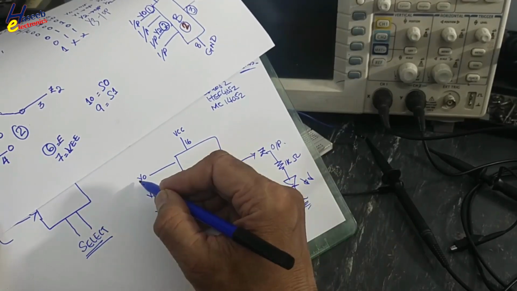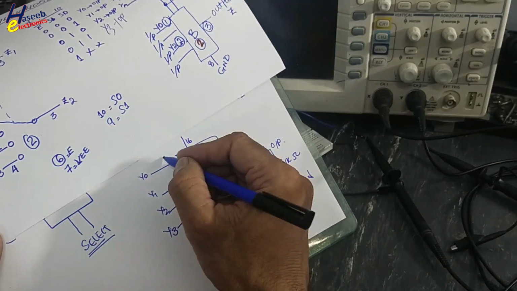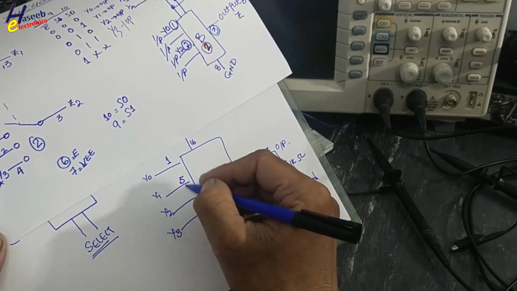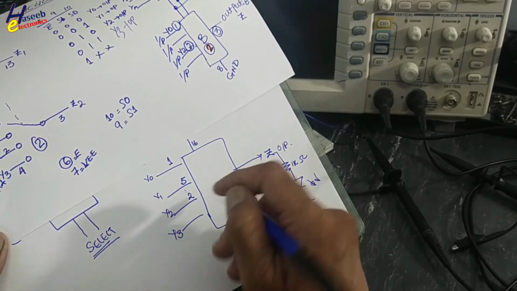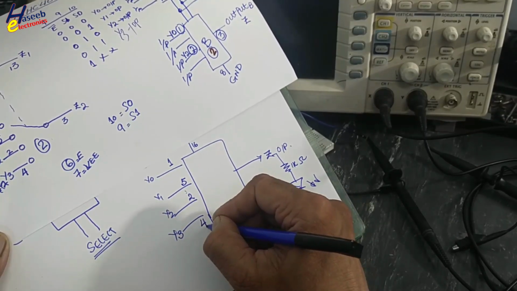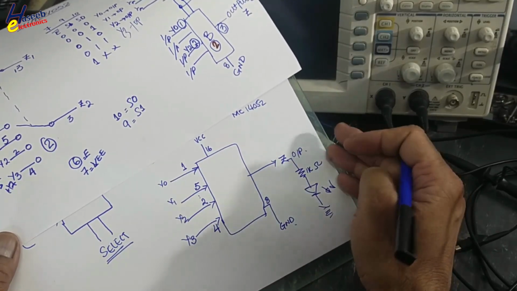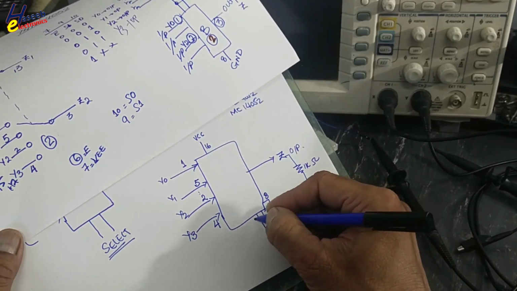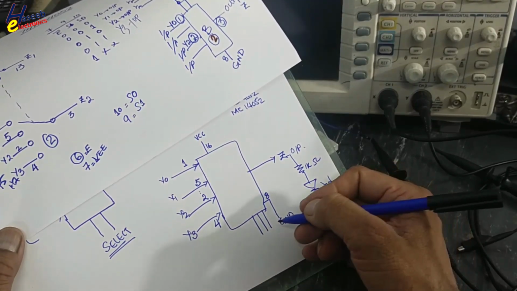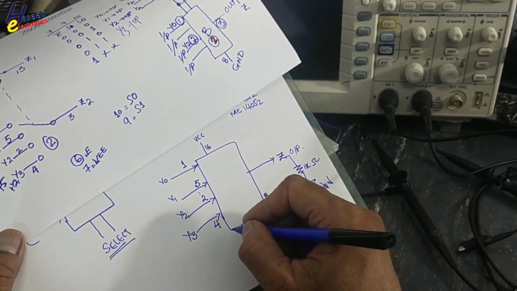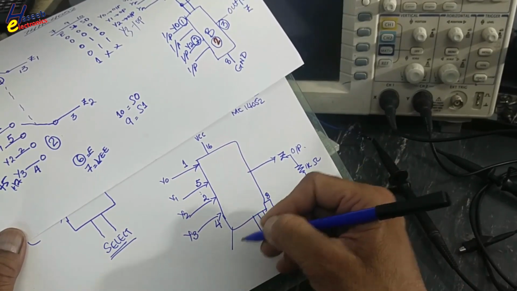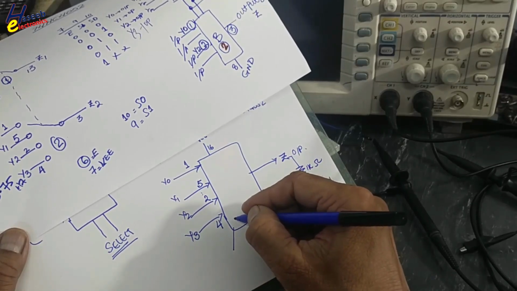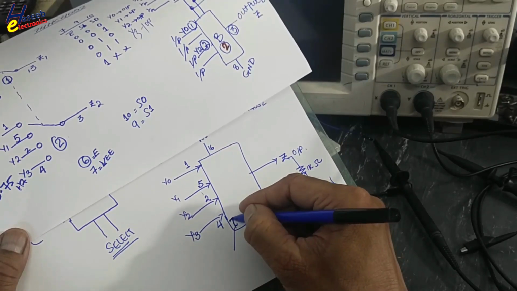Pin number 8 is ground. Y0 is pin number 1. Y1 is pin number 5. Y2 is pin number 2, Y3 is pin number 4, inputs and outputs. Then there is control logic. 3 pins are used to control this IC, and there is VEE, that is signal ground for this section, pin number 7.